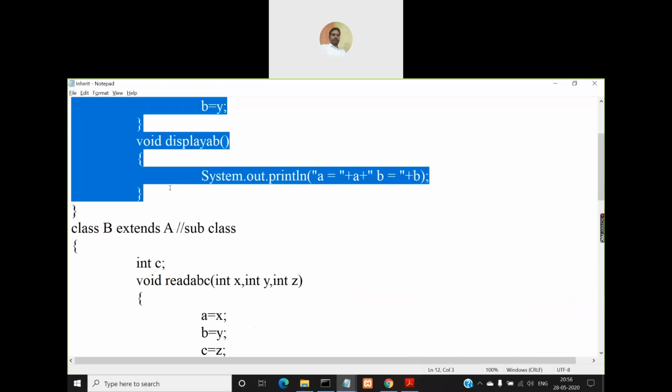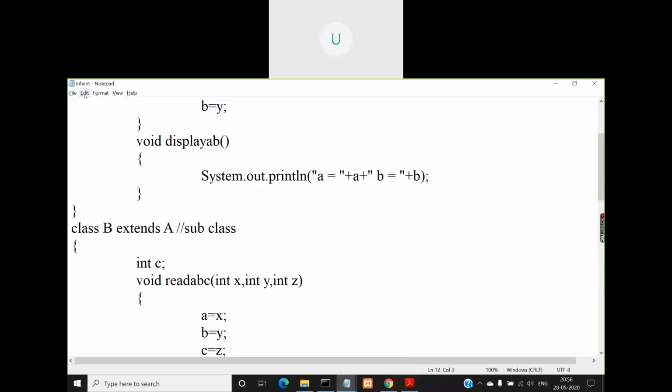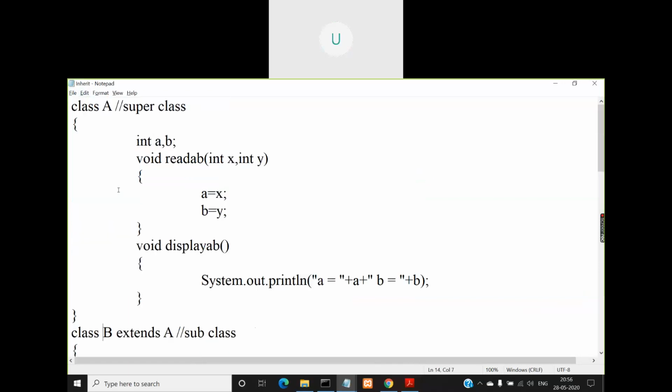One more thing. If you define the main method in class B, then you have to save this file as b.java. If you are defining the main method in class A, then you have to save this file as a.java, because the rule in Java programming is, if there are multiple classes in your program, whichever class has the main method, that class name must be given as the file name.